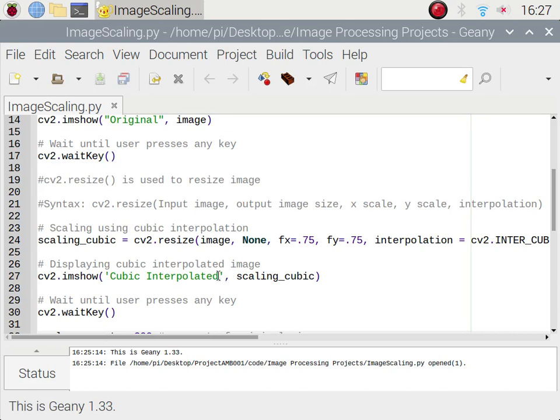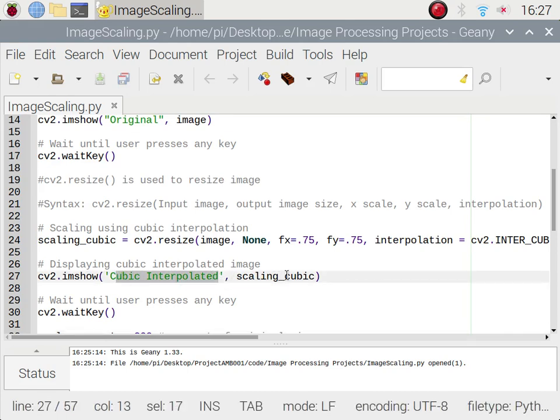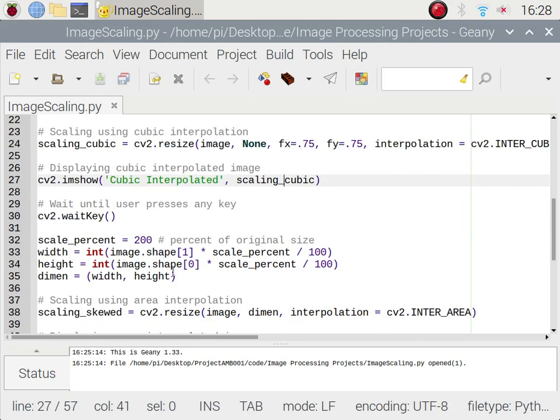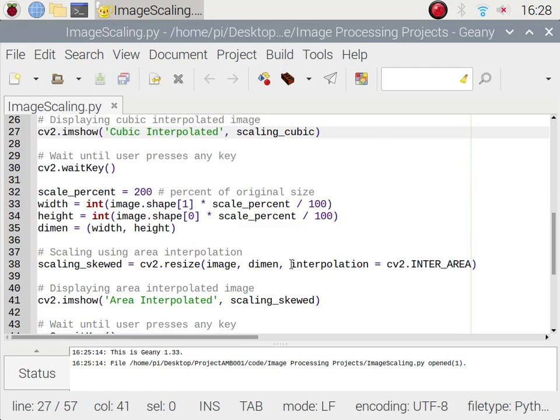It has two input arguments, the title name and the image variable where we have stored the scaled image. Then the waitKey function, we are waiting for the user to press any key, and then here we are going to perform area interpolation. We can increase the size or decrease the size, that depends on the dimension. We are interpolating the image